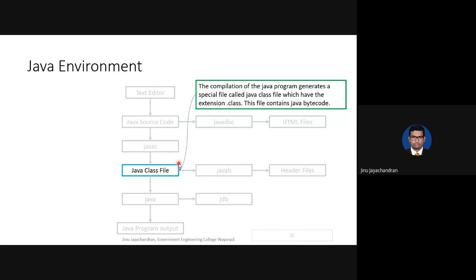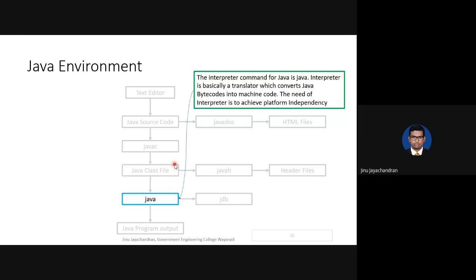If you open that file, you will not be able to read anything from it because it is mostly ones and zeros. It can be understood only by the machine, which is the processor. And once you run the java command, this is actually the interpreter. So the compiler in Java is actually called an interpreter. It's basically a translator which converts Java bytecodes into machine code, and the machine will read that machine code to give the